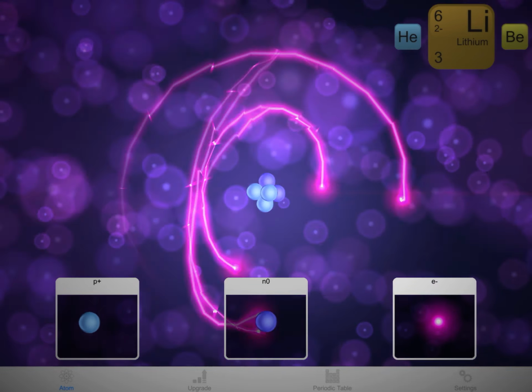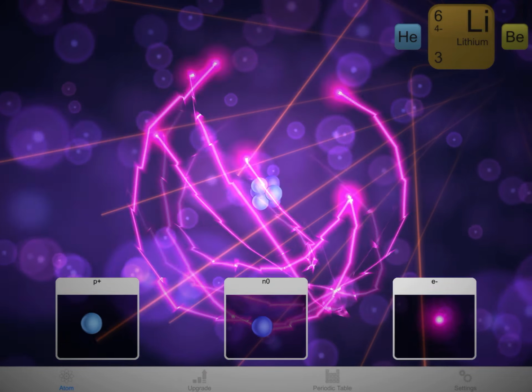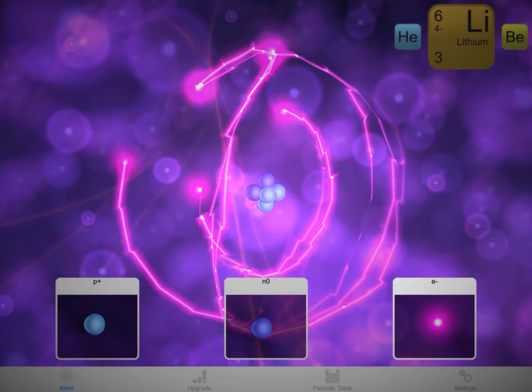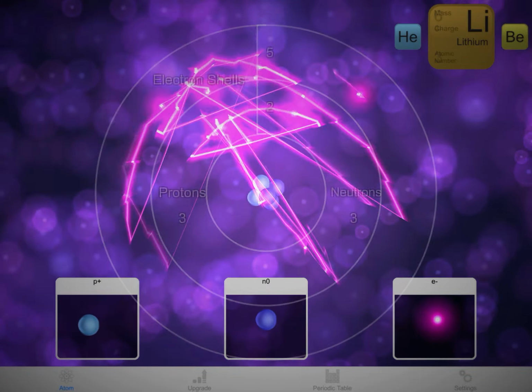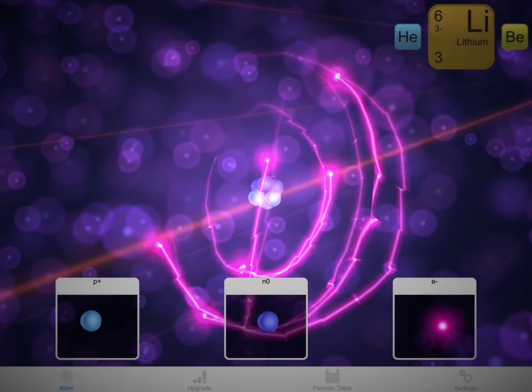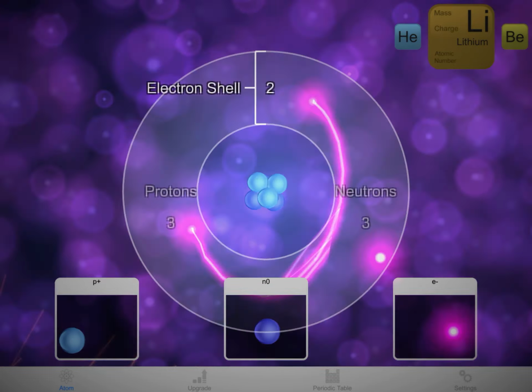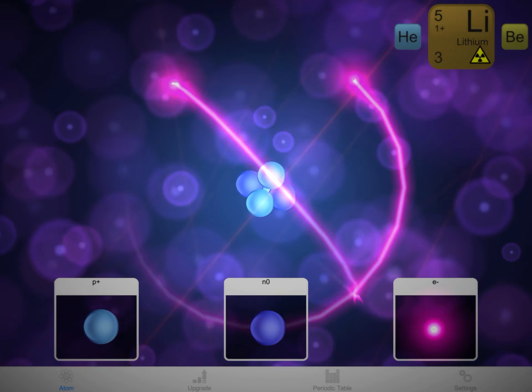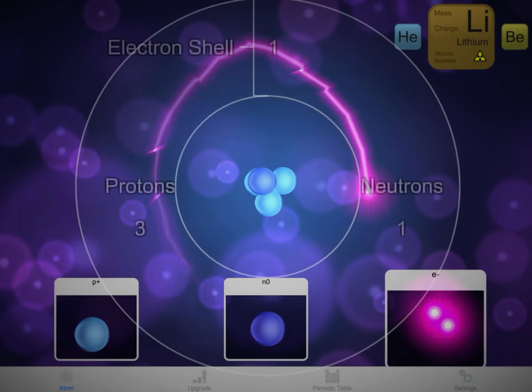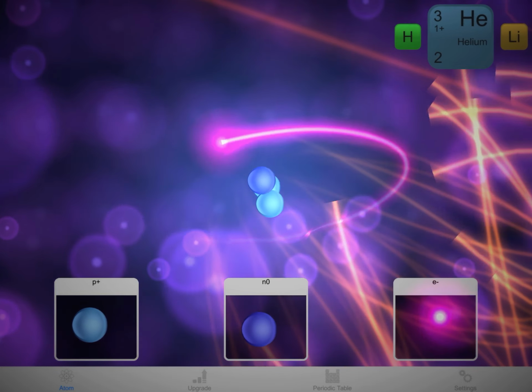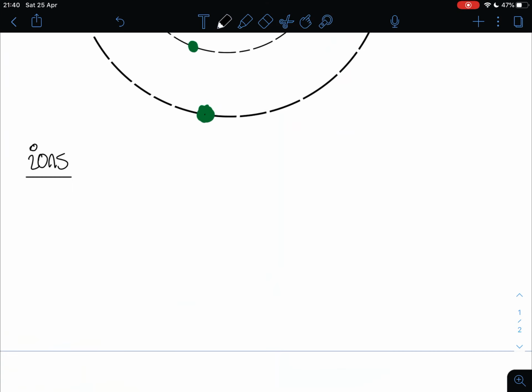So when we have an imbalance of electrons, either we have too many, and here I have a 4- ion, or we take them away and we have too few. It's really hard to make them stick. You have to be slow. There we go. Now we start taking them away. Oh, it's going to blow again. There we go. You create an ion. So we'll write that down. Ions are atoms with an imbalance